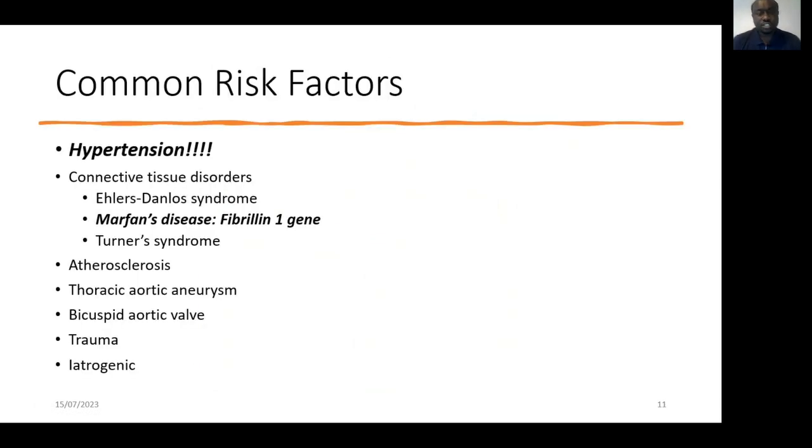Now, what are these factors to develop a dissection? I put them in capitals: hypertension, hypertension, hypertension. Most of the patients who have a dissection are actually hypertensive, and when they present to hospital, they are even more hypertensive. So it's like a vicious cycle, because they have chest pain, the rupture into their tunica media, their end organs